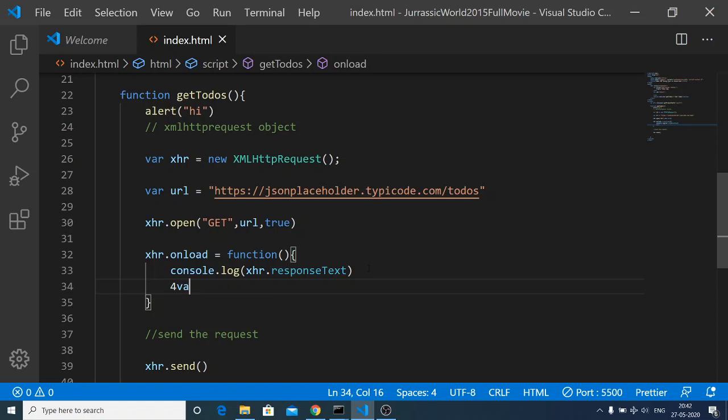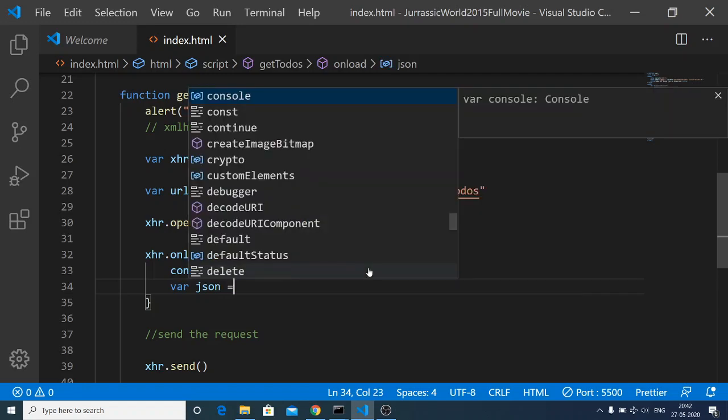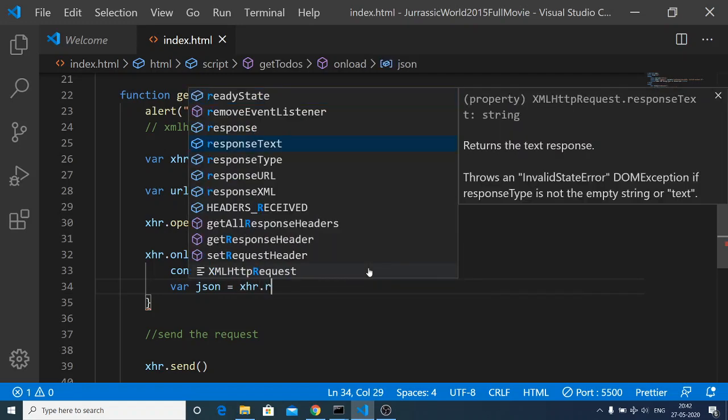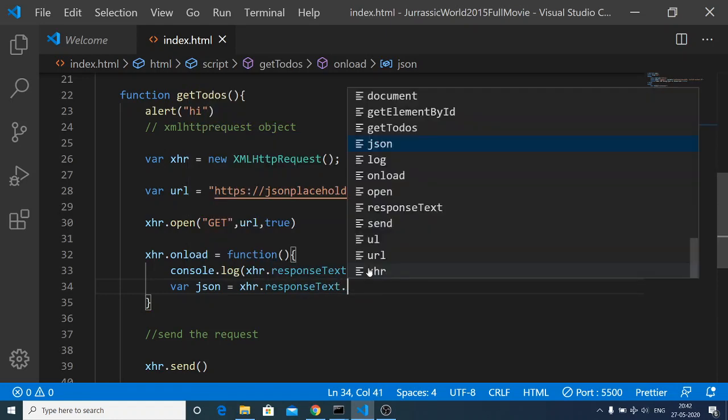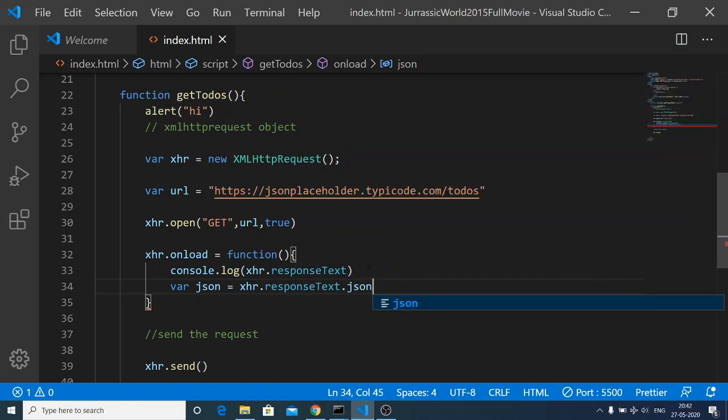Now first of all we need to convert this to JSON. So for converting it we will be using this JSON method, xhr response text, and then we will convert this to JSON.